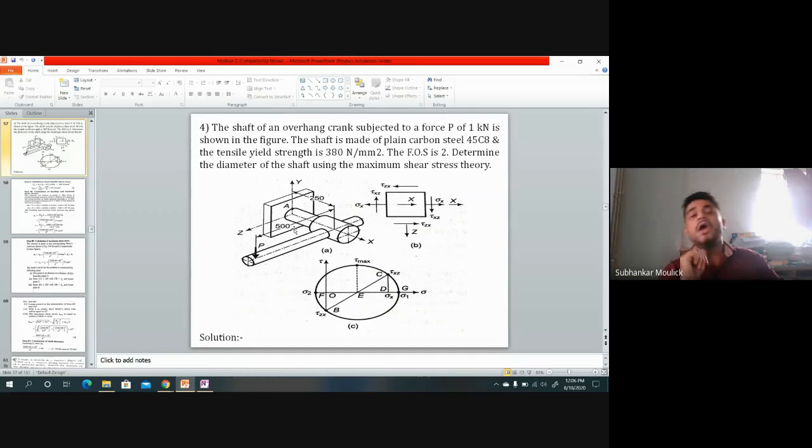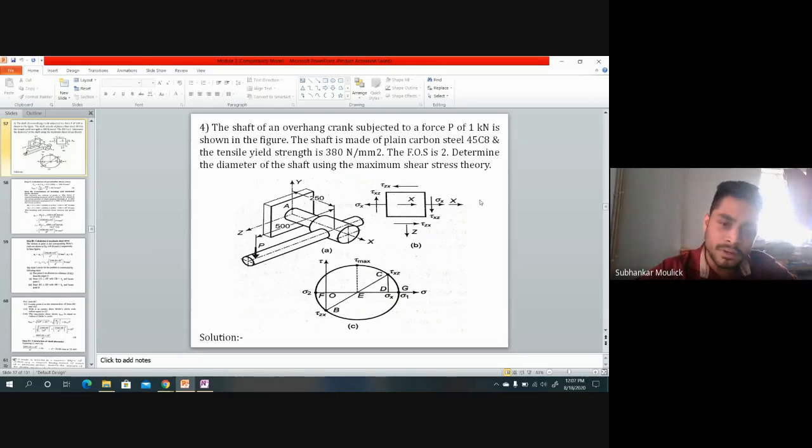No, sir. Fine, okay. So this entire component, I have taken as a small component, a rectangular component, which is the whole problem of my shaft. Fine. This is my x-axis, this is my z-axis, this is my y-axis. From the problem, it is clear that bending stress is acting along the x-axis on the shaft which is lying on the x-axis. So this sigma x will be nothing but sigma b, bending stress, which is a normal stress.